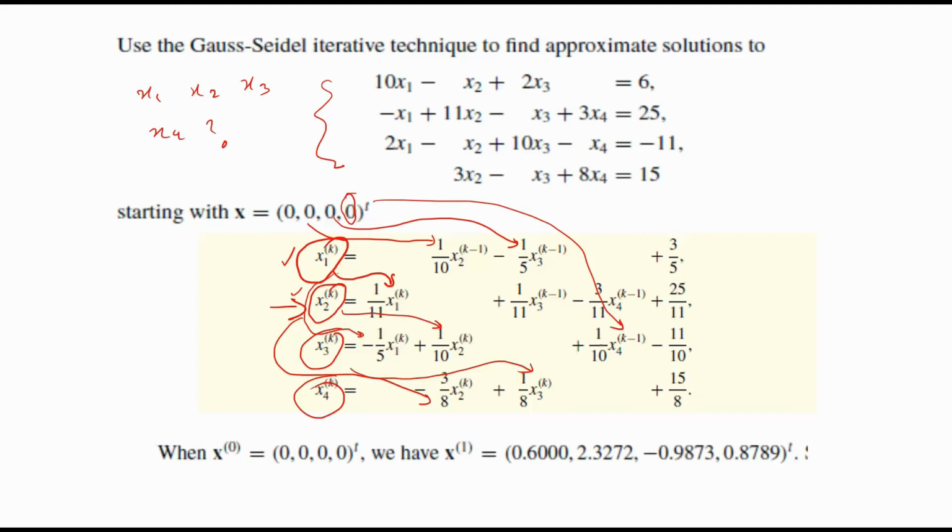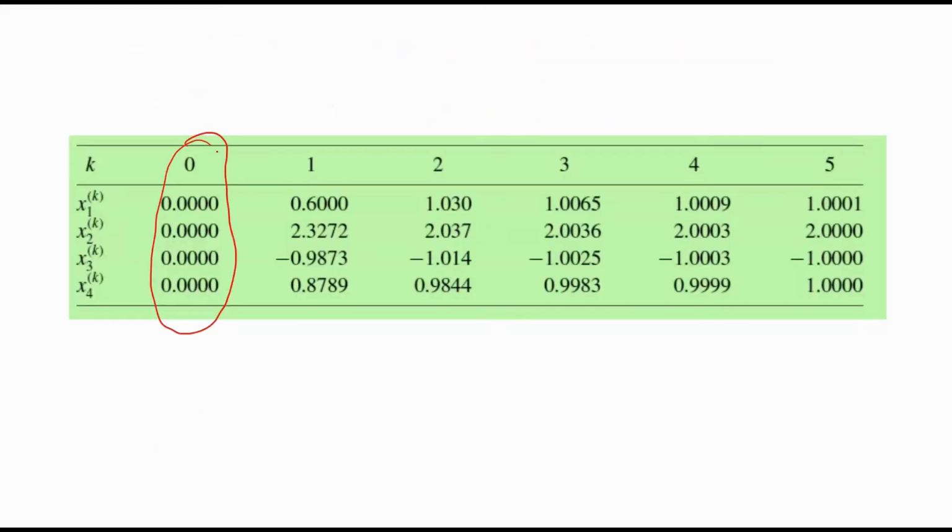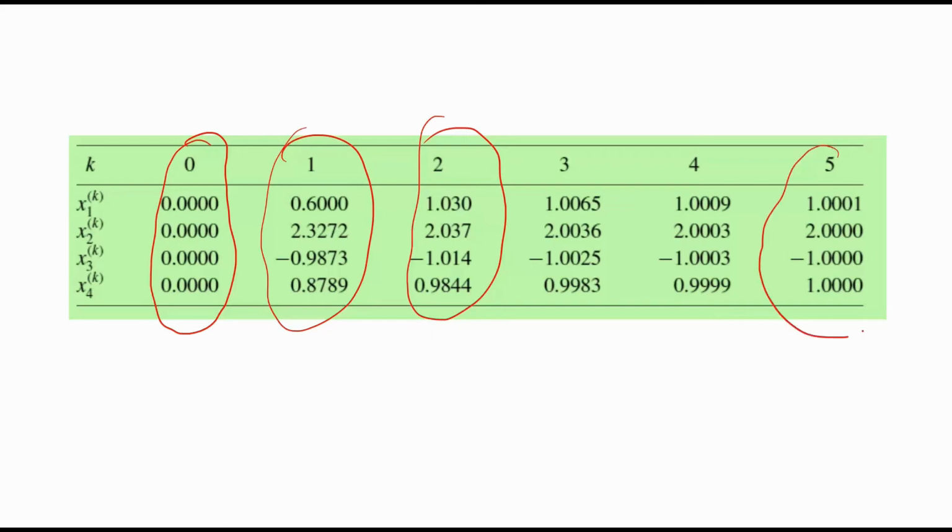Because of this modification, you can easily see that instead of using the older value, we use the values which we are getting at that point. So this is the table. We started with this, and then we get the first iteration as this, second iteration as this, third, and you can see that in the fifth iteration only we get the desired accuracy. And in the Gauss-Jacobi method, we need 10 iterations to get this much accuracy. So you can easily see that the Gauss-Seidel method is faster than the Gauss-Jacobi method.